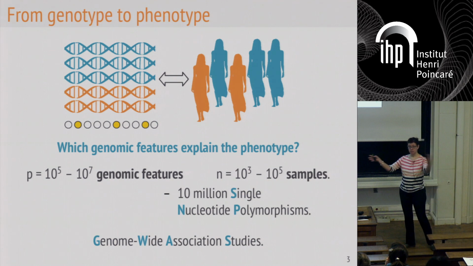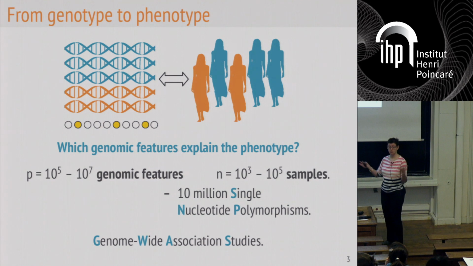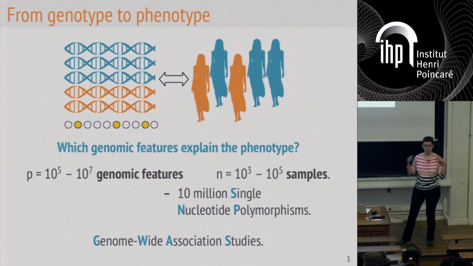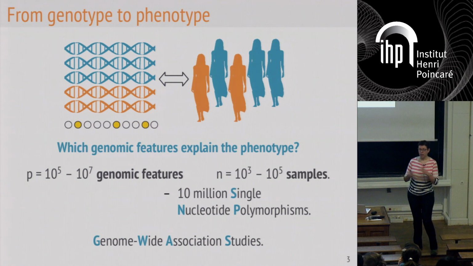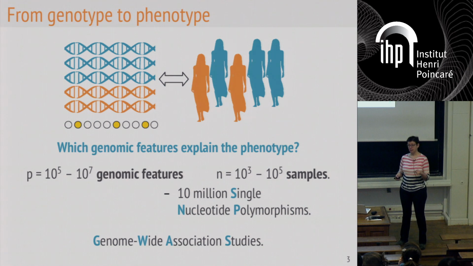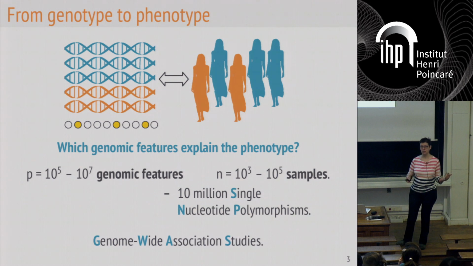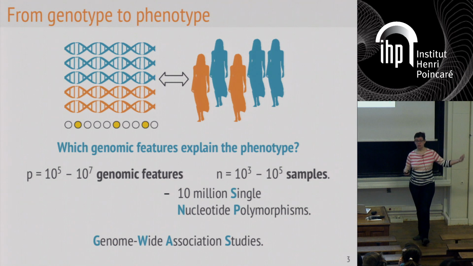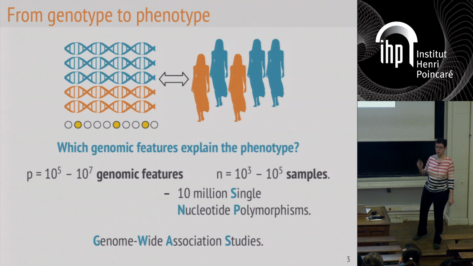So in essence, we all more or less have the same DNA, that's why we're all humans, but not exactly, that's why we all look different. One of the reasons for those differences is those mutations. We know places along the genome where the majority of the population has a certain allele, a certain letter, and a minority of the population has the other one, and so that gives you a feature. Do you have the major or the minor letter in this position? There are hundreds of thousands, actually tens of millions of those positions among the genomes, and those are the features I'm going to work with.